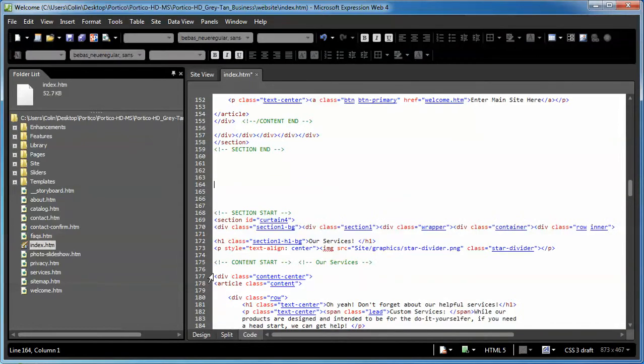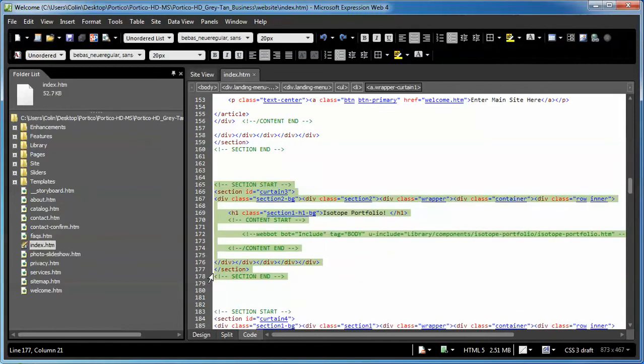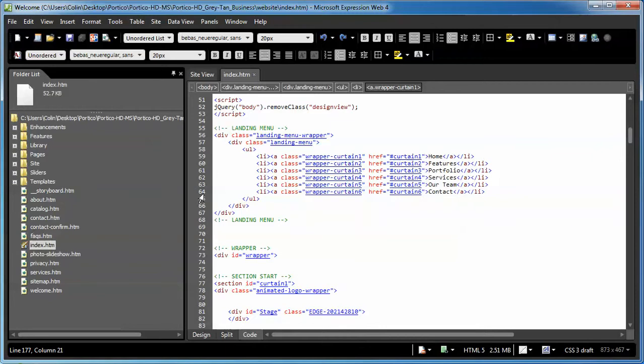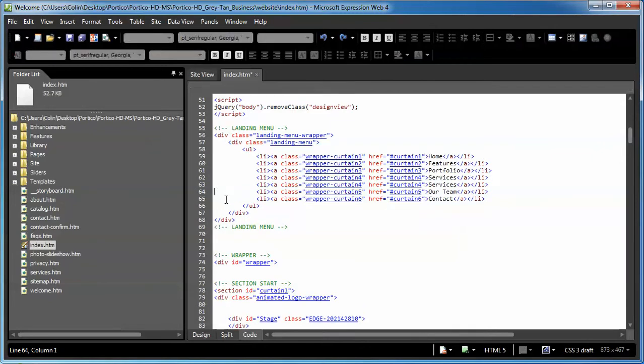Now adding sections or adding buttons, that's a little bit different. Let's just go back to the start here. We start by copying an existing button. Let's say we copy number 4 and we paste it below. Now we need to change the ID so it links to that particular section. It can be any ID that you want it to be. You're just going to have to make a little small change to the CSS. So I suggest you just do it numerically. Even if it's curtain 7, they do not have to be in numerical order, as long as it's something simple